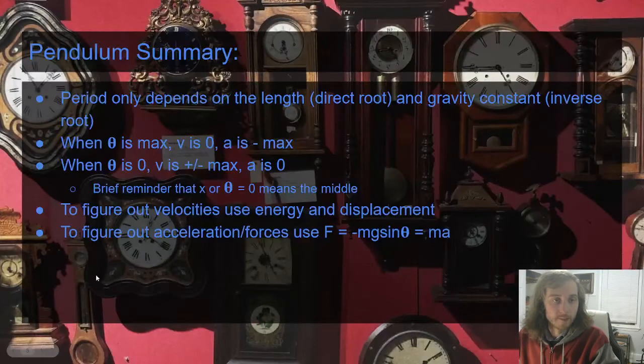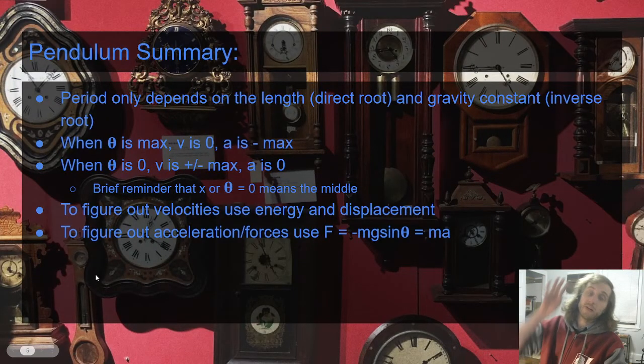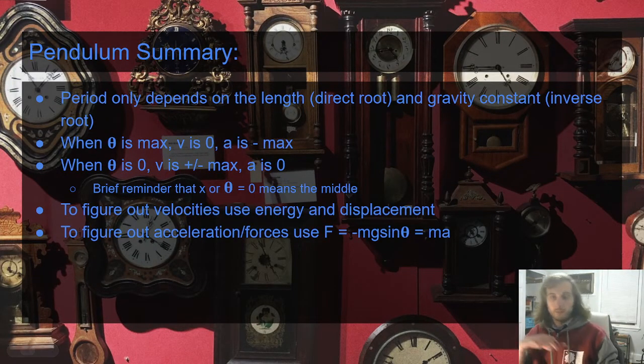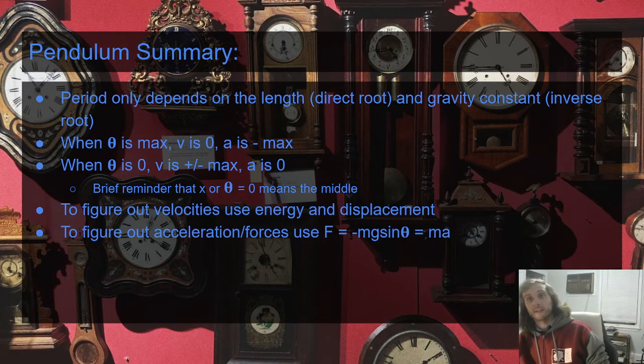All right, so our main takeaways from that. The period of your pendulum is only going to depend on the length of the pendulum, in which case it's directly proportional to the square root of it, and the gravitational constant, inversely proportional to the square root of it. When your theta is at a maximum, your velocity and your angular velocity are going to be 0, and your angular acceleration is going to be at its negative maximum, as is your tangential acceleration. When theta is 0, on the other hand, your velocity is going to be at its positive or negative maximum,